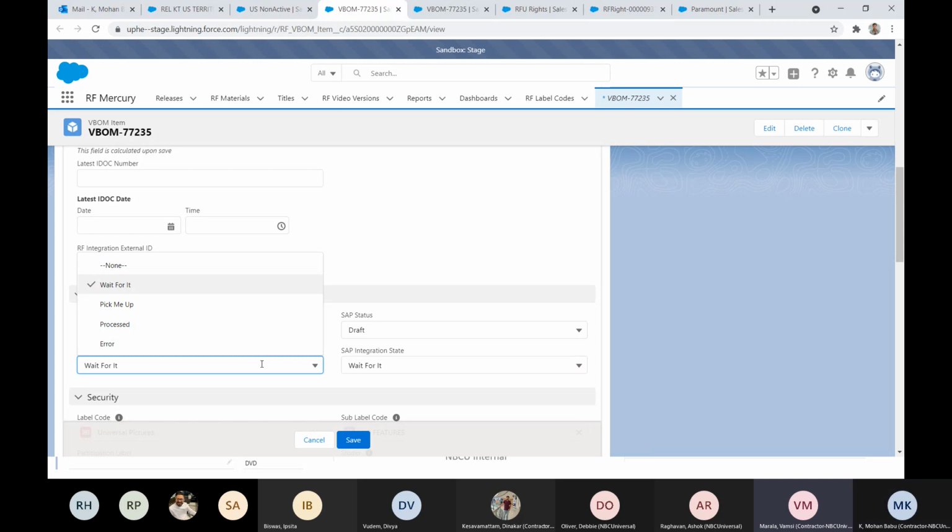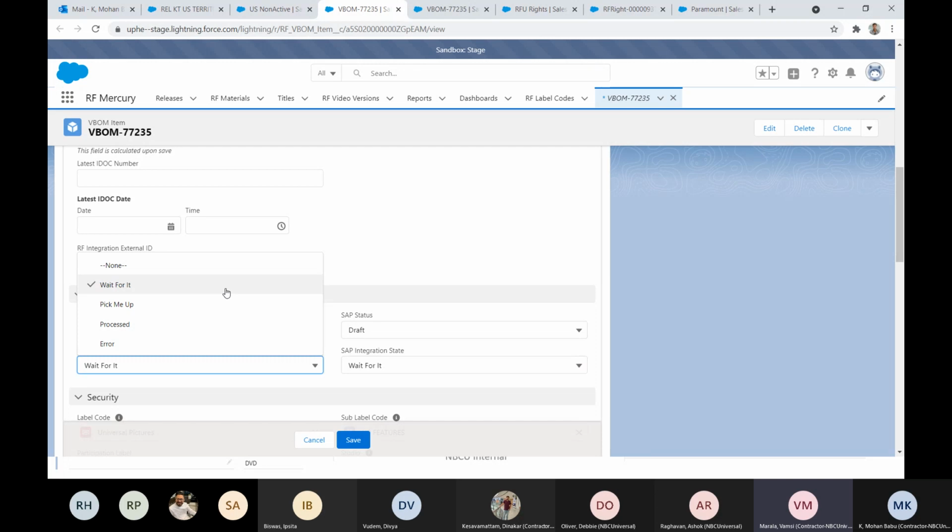Here, wait for it means the integration is not going to pick this record, and they are not going to update anything. At the next level, it will move to pick me up. When it is pick me up, the TIBCO integration and SAP integration will pick this record. And processed means once the data is processed and this record is updated by TIBCO, the status is updated to processed.